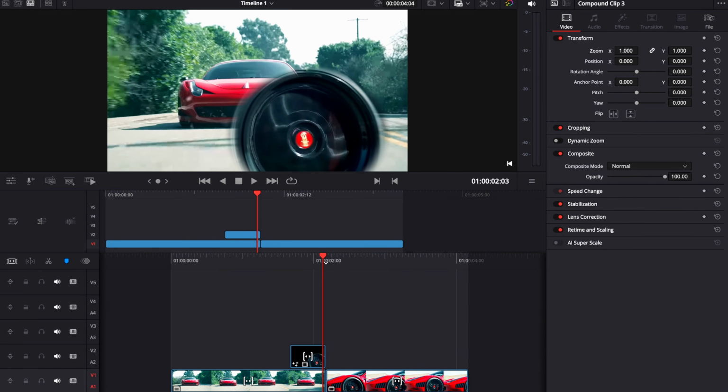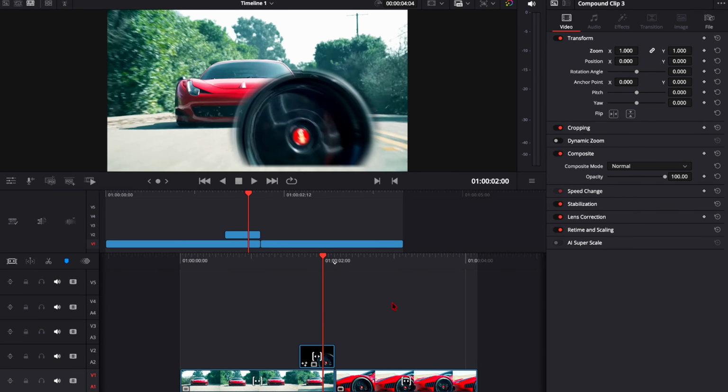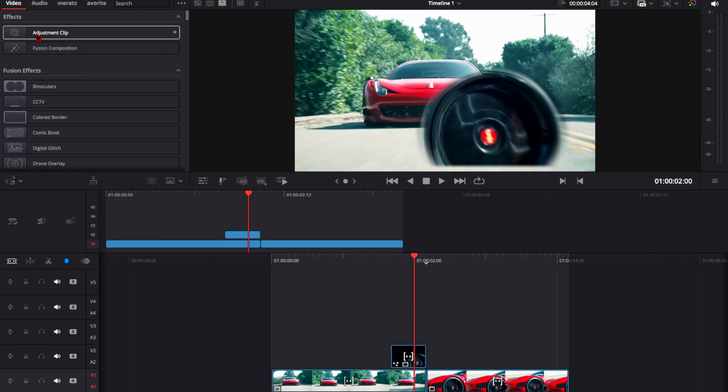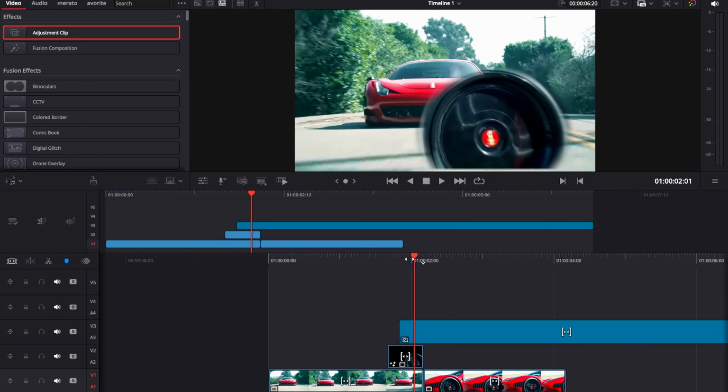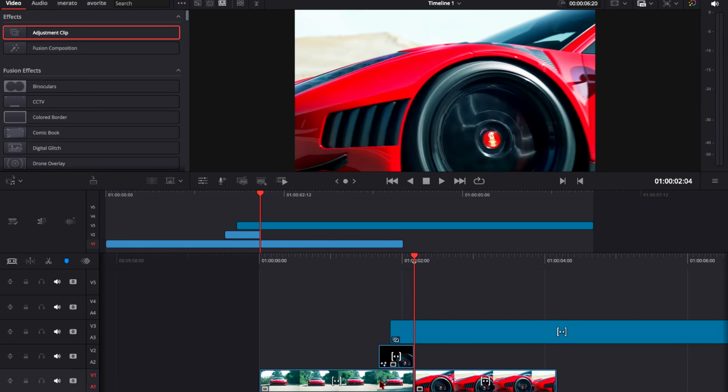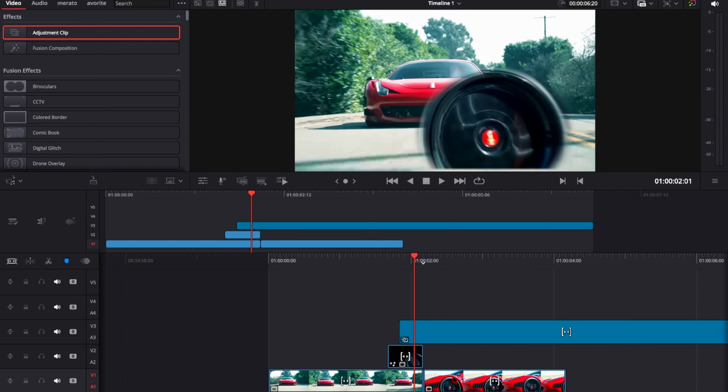Okay, so now the last step is go in the effects tab, add an adjustment clip. Okay, and now we have to cut it. So come here in between the both clips, the first clip and the second clip, go 3 frames here, 1, 2, 3, and select this adjustment layer and cut it by pressing command B, or you can cut it